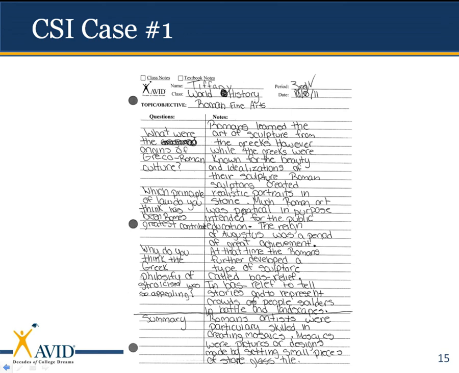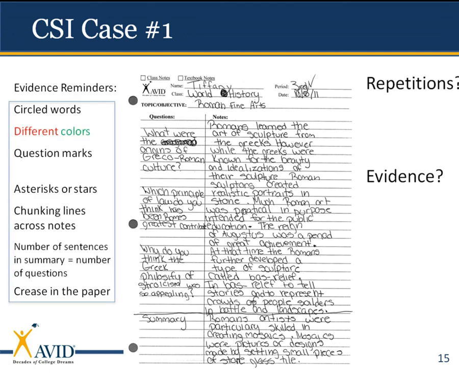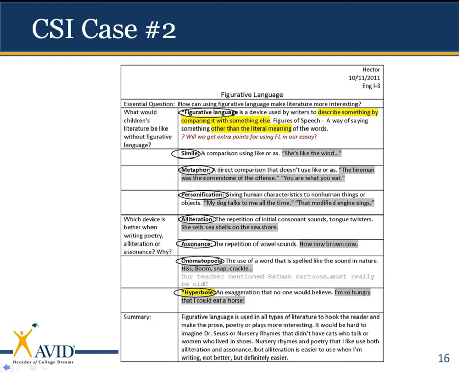At first glance, this case looks like she's got pretty good notes here. She's got notes in her right column, questions in the left column, summary in the bottom column. But when we dig a little closer, looking for evidence of repetition, I don't really see it here. It looks like Tiffany probably wrote her questions in class the same day. It looks like she probably wrote her summary in that same pen that same day, which means that she didn't get any repetitions of this information, which means she's probably not going to do very well on this Roman Fine Arts test.